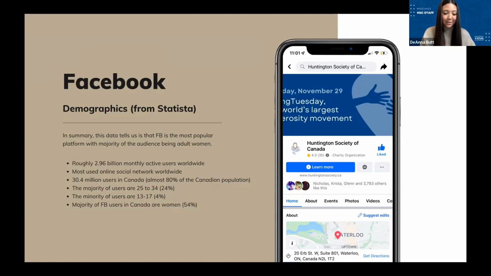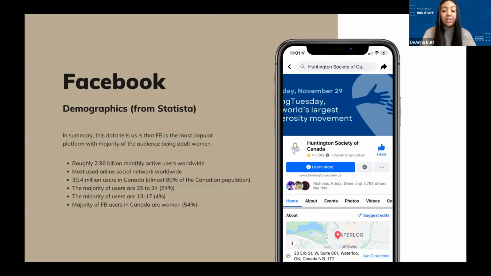The majority of users are in the 25 to 34 age range, with that occupying about 24% of the population. And the least popular age group on Facebook is between the ages of 13 to 17, which occupies about 4%. The majority of Facebook users in Canada are women, occupying about 54%.